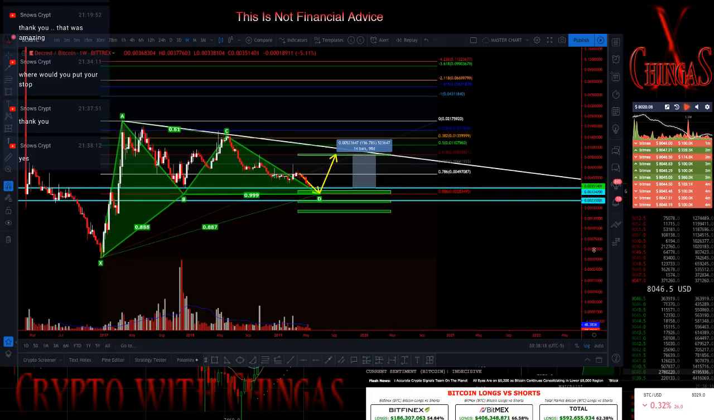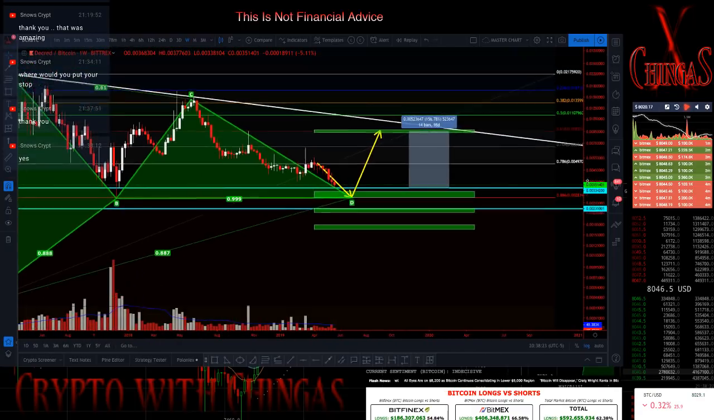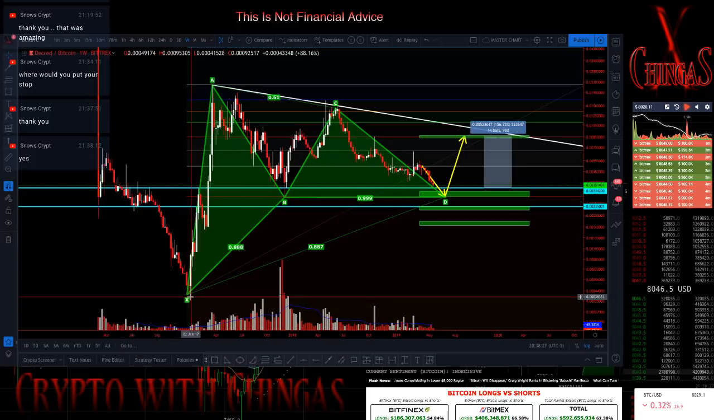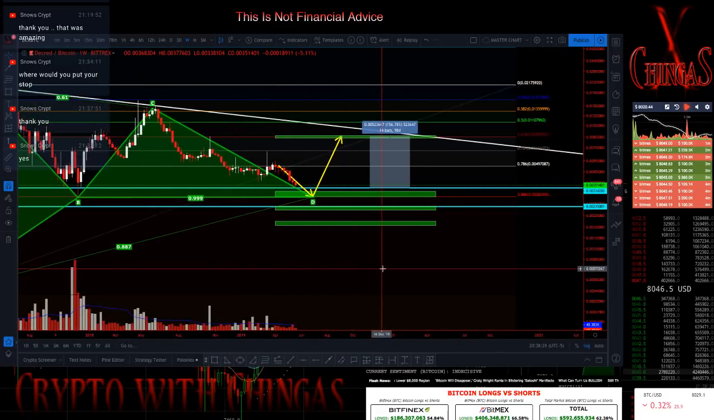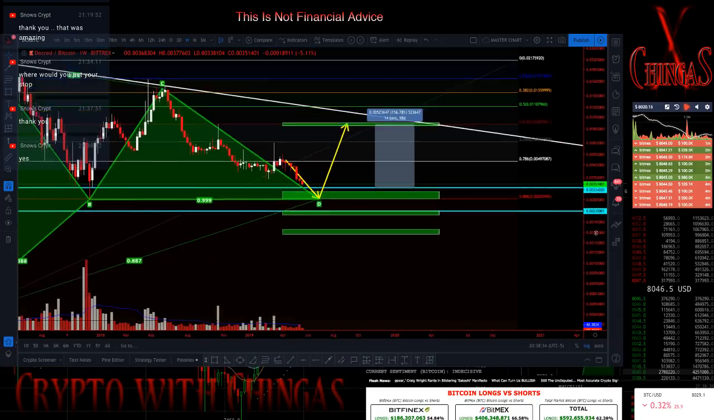Yes, for Decred. So if you were going to long this, so never mind the harmonic. If you were going to use the harmonic, literally your stop is below X. So yeah, don't worry about that. If you're just going to long this just to long it,